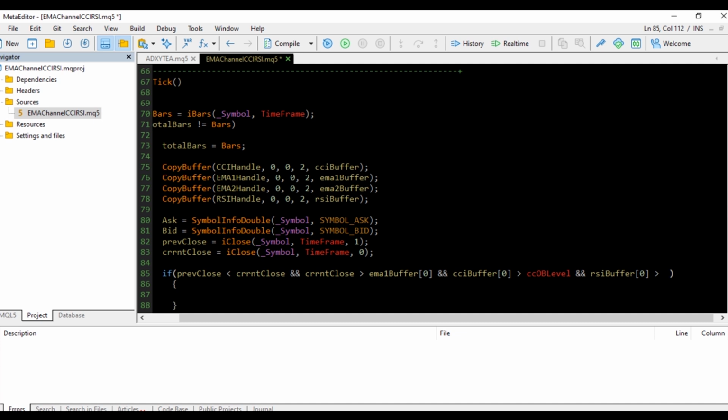We want to look at the 50 level, right? So if price is above, equal to or above the 50 level, then we are going to enter a buy. So using our trade object,